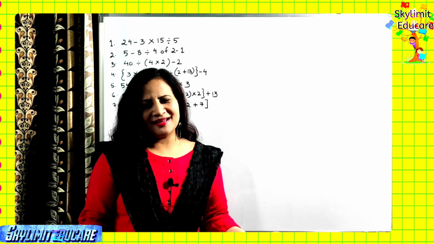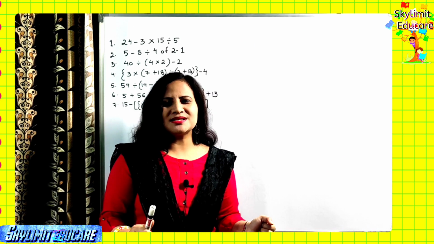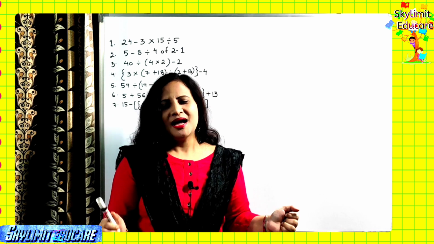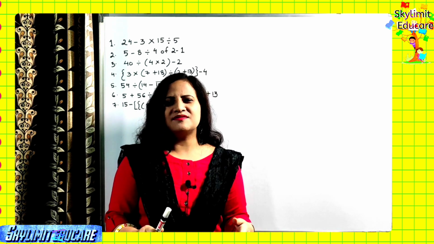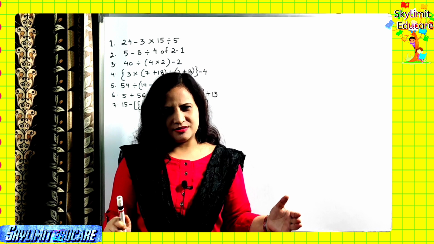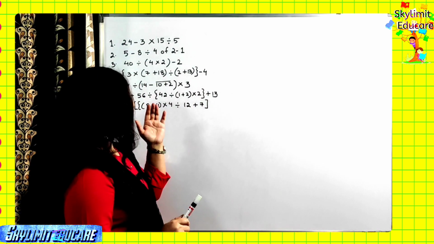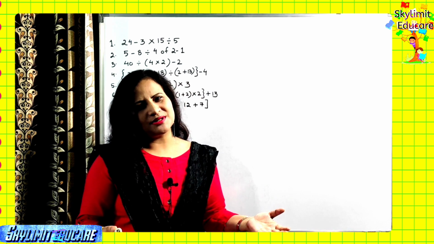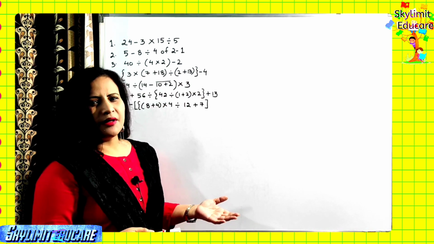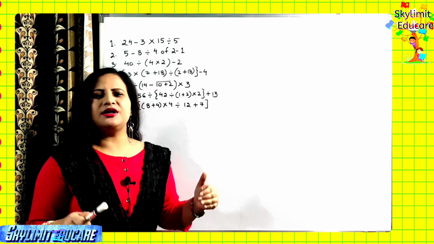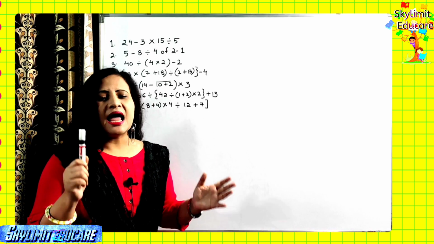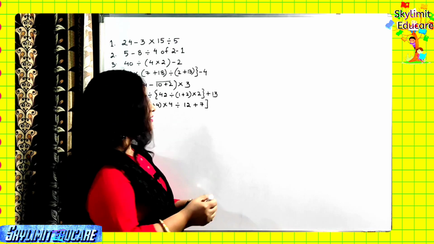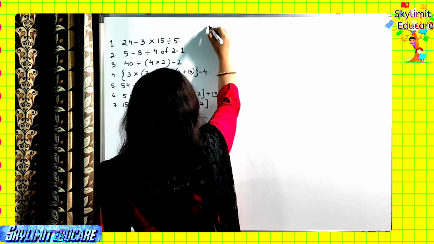So I welcome you back, and today we are going to discuss the chapter Playing with Numbers. And the first part of this chapter is simplifying the expressions. As you can see here, I have already written some expressions over here. So let's start solving these, and you know very well by now that for solving these types of numbers we need to follow the BODMAS rule as well as the rule of brackets, right? So what is the BODMAS rule, if you all recall?